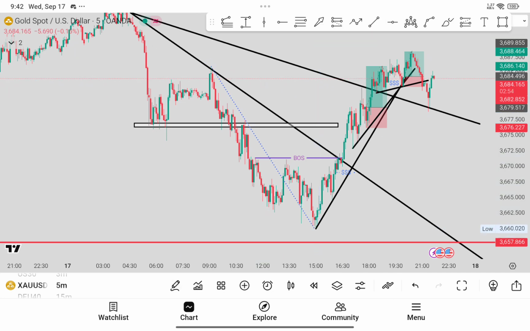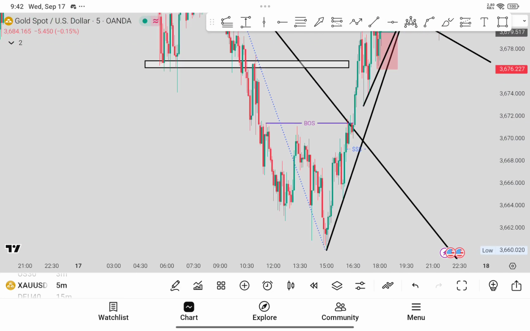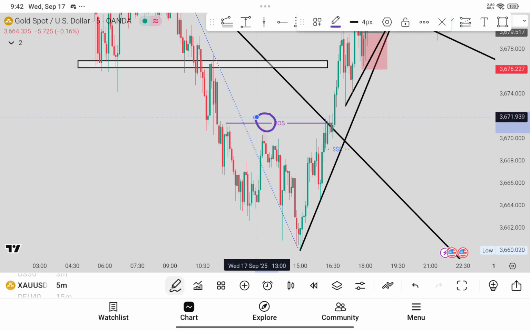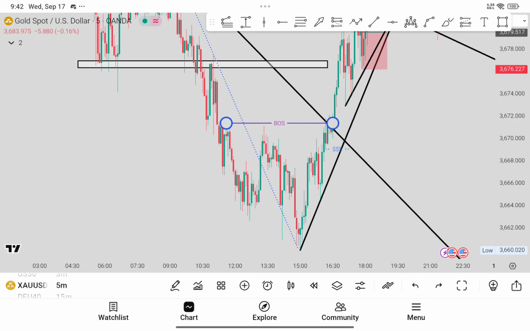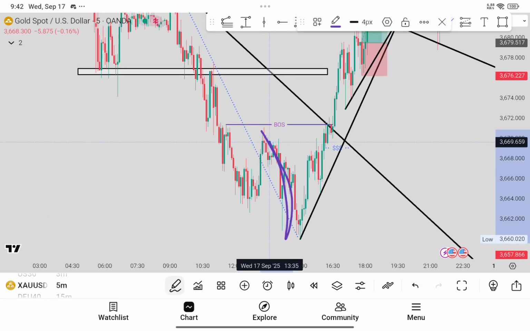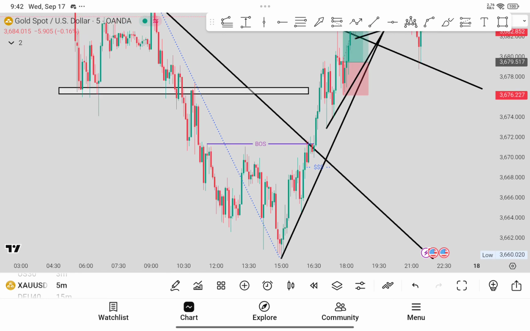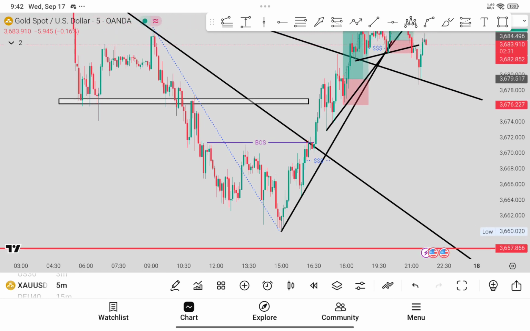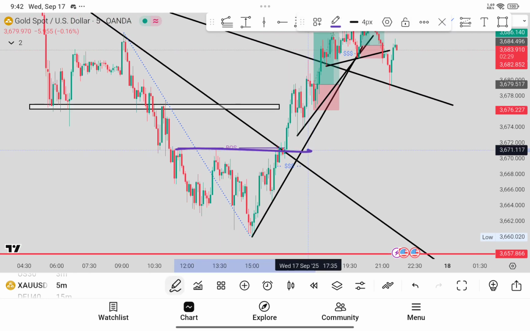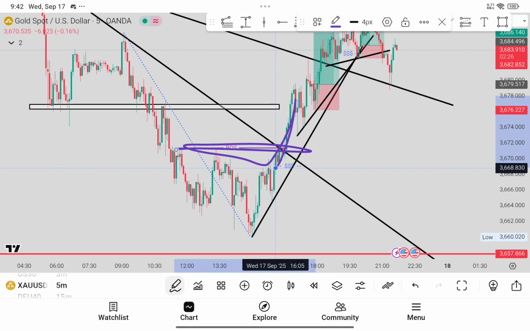I decided to take a short trade somewhere here, but it did not take this liquidity, so I just ignored that trade. If I took that trade, it would have given a twist, but it does not come under my setup. Without taking the liquidity, I would not take the trade. That was my rule. So I ignored that trade, and after that, when it broke this swing high and